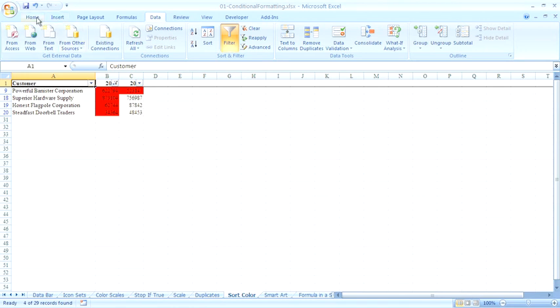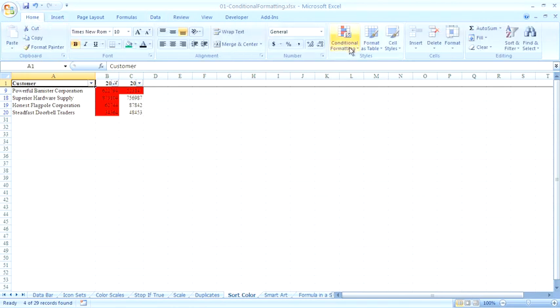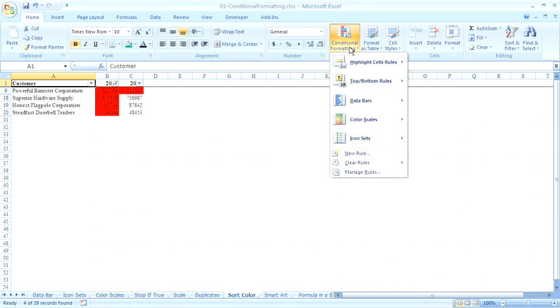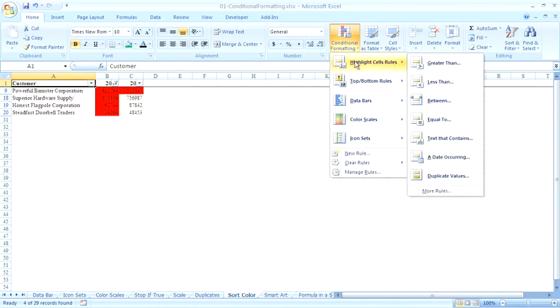Now back on our home ribbon, let's just take a quick look at conditional formatting. If you've been using conditional formatting in the past, we always had the rules where we could highlight cells that were greater than, less than, between. All of those still exist. There's also new rules called top and bottom rules. This is where you can highlight all the cells that are above average, below average, cells in the bottom 10%,